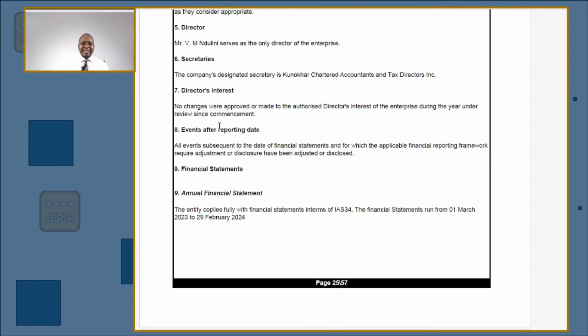Are there any significant events that happened after the reporting date that might influence the reading of the financial statements that have been reported at year end? For instance, if you prepare your financial statements hoping that your business is going to continue, you report your financial statements on the 28th of February and say, everything was fine. But on the 30th of January, you realize that